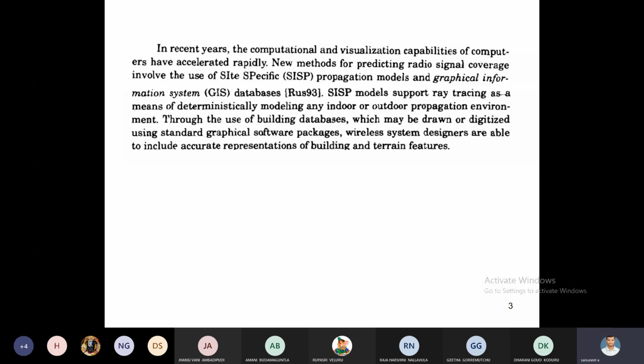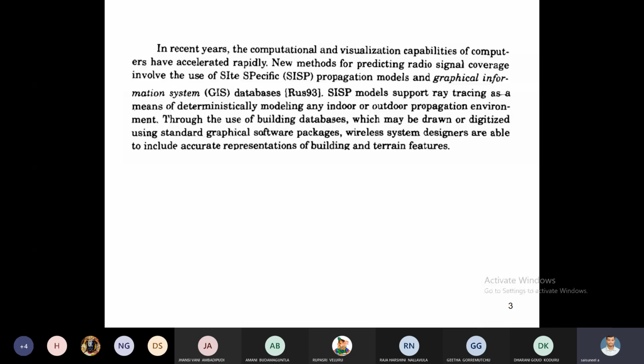Similarly, for VLSI design, we have to lay out diagrams and design the circuits. We go for programming, and once it is successful, it is implemented in hardware. Likewise, at present, we are using many software packages for computational capabilities. In this way, many computational visualization software packages are available for ray tracing.